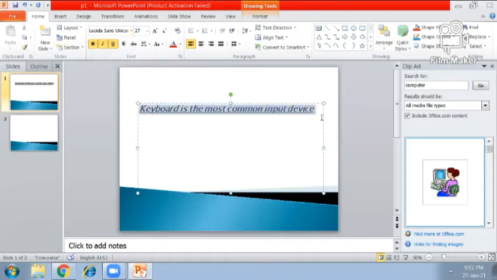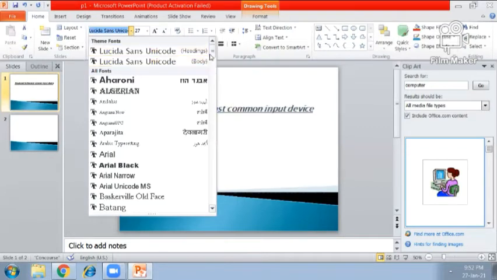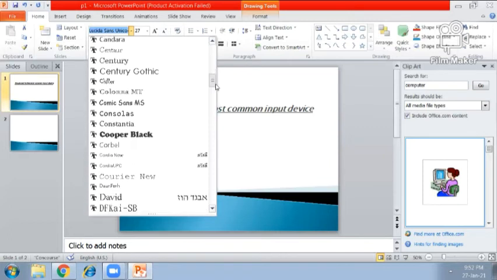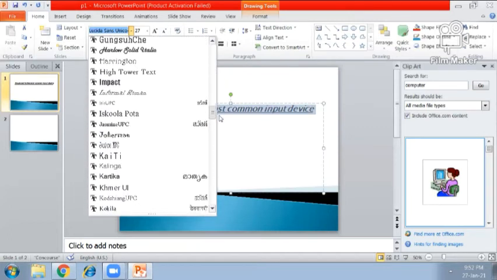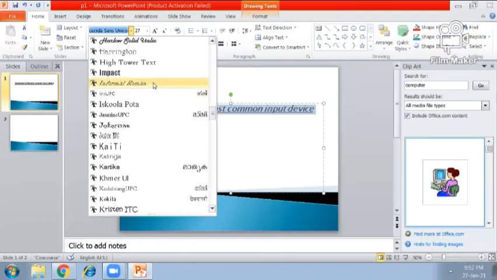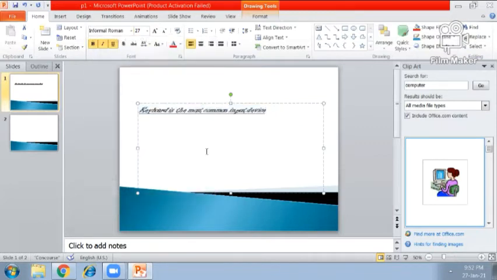Now select the text again and this is the font style. The list of font style is here. You can choose any font style. Now we are going to change the size of our font.